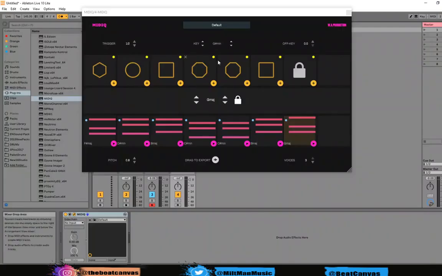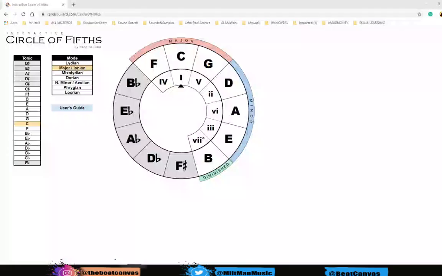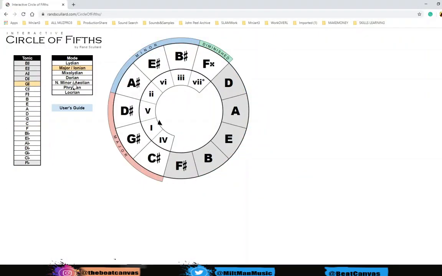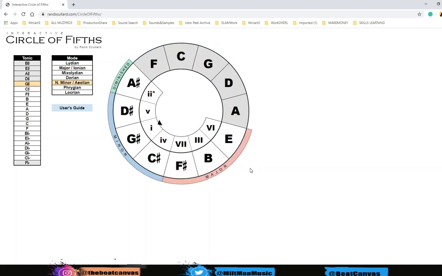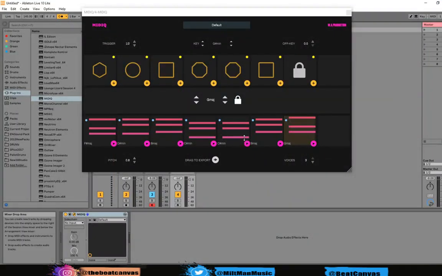So I'm in G sharp minor. Find G sharp. All right, so we have G sharp, A sharp diminished. You have B. C sharp is minor, so let's see. I got two minor chords, so